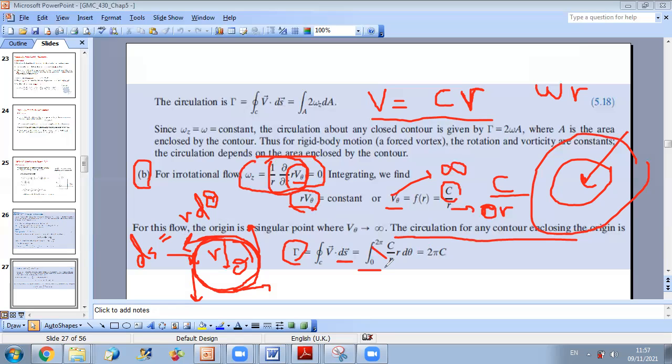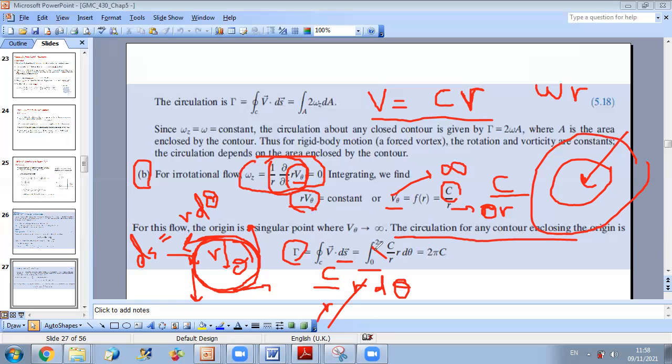In this case, v dot ds will give you the magnitude of v, which is c over r, times the magnitude of ds, which is r d theta. So r and r will simplify, and we end up with the integral